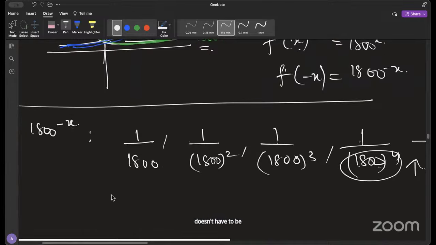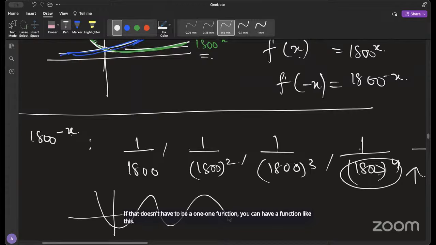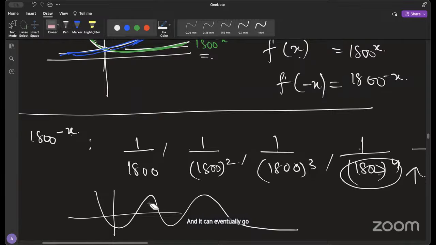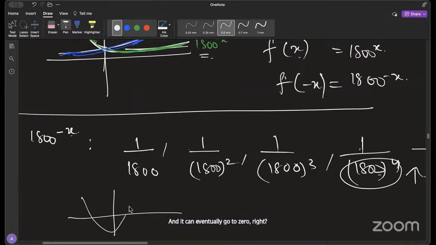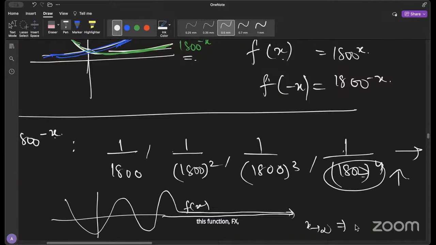It doesn't have to be a 1 function. You can have a function like this, and it can eventually go to 0, right? Let's say I have this function, and then it starts going to 0. Now the limit of this still goes to 0. As x tends to infinity, this function f(x) tends to 0, right? This is clearly not a 1 function. It has nothing to do with 1 functions. I'm saying that for this question,